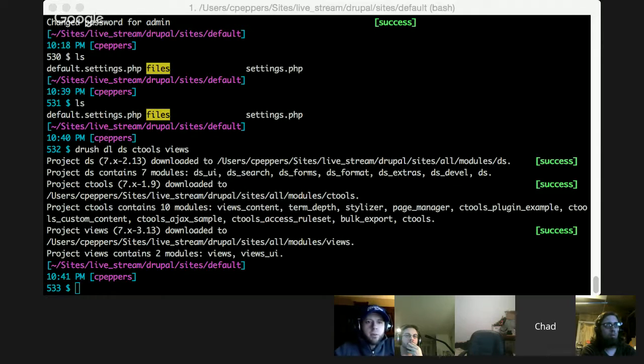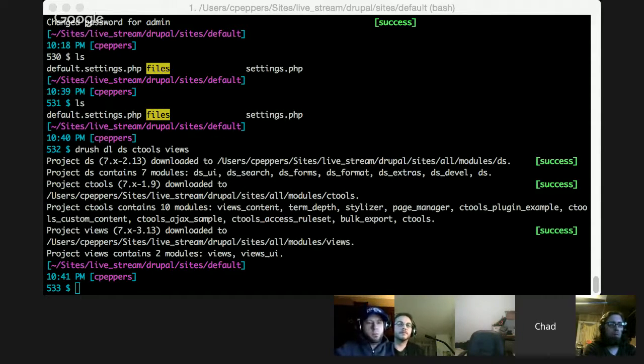Yeah, and actually, it's funny that you say that because the last thing that I'm going to show, which really is probably the most powerful thing in Drupal, is views. Views is a way of displaying content in various ways depending on specific criteria. And I like to call it a GUI for SQL.